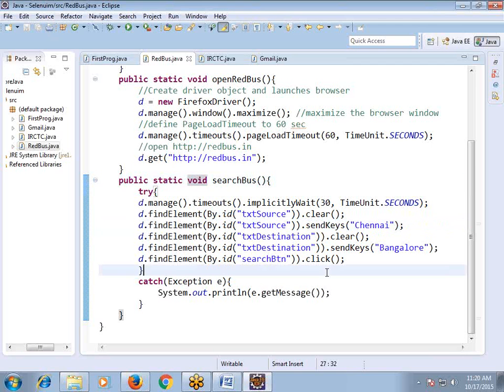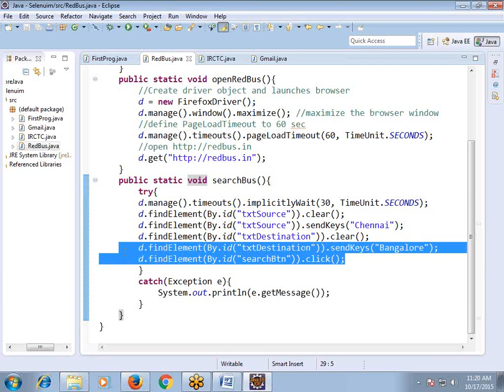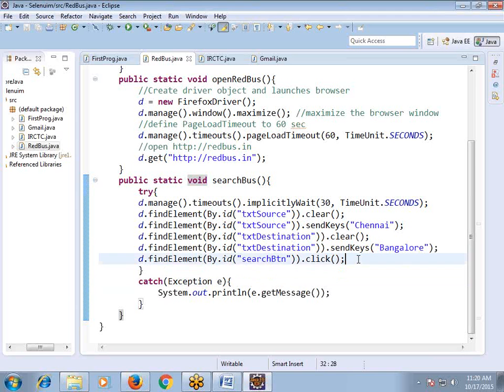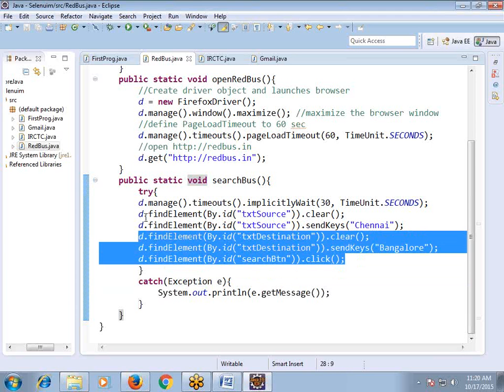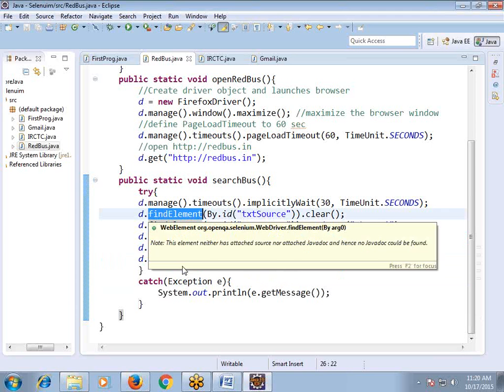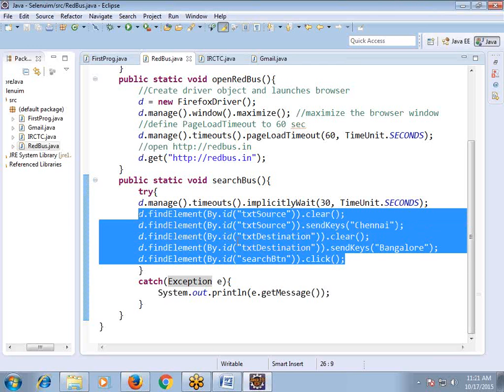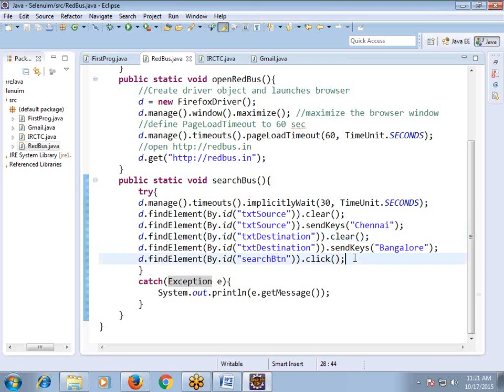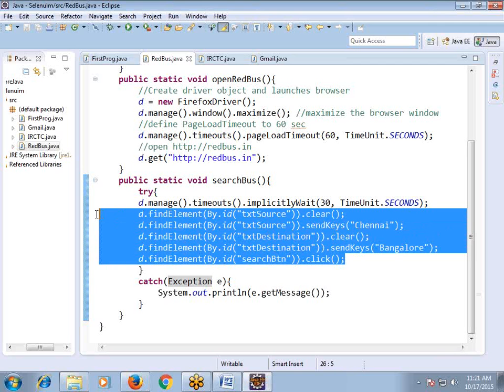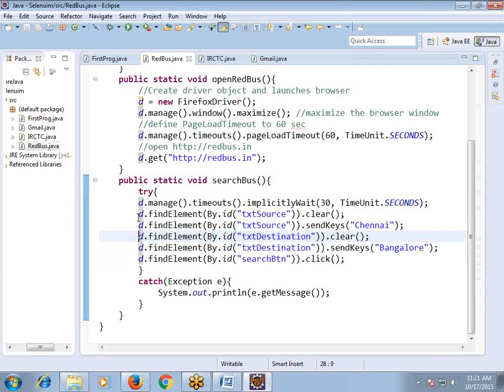For example, I am having 10 statements. Out of 10 statements, only the second statement has the error. The rest of the statements are good. Because of that second statement error, the rest of the statements are unable to execute. So I want those statements also to be executed. What is the solution? In that case, if any error occurs, still if you want to continue the execution,